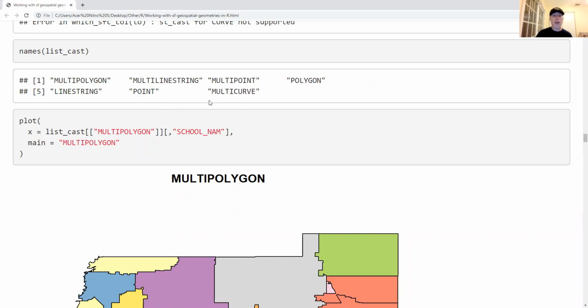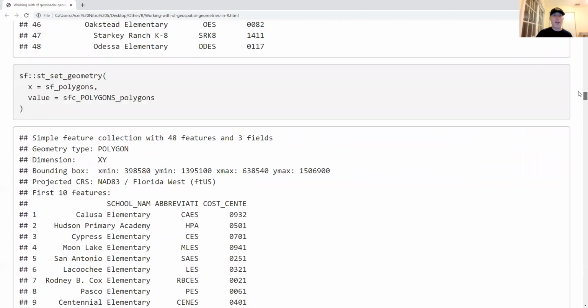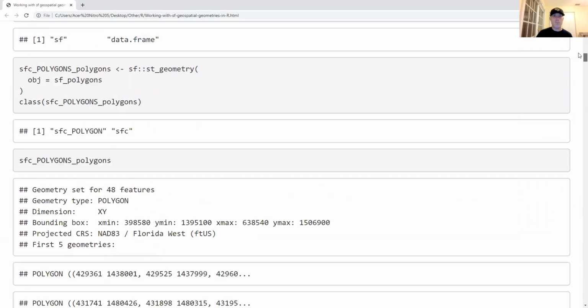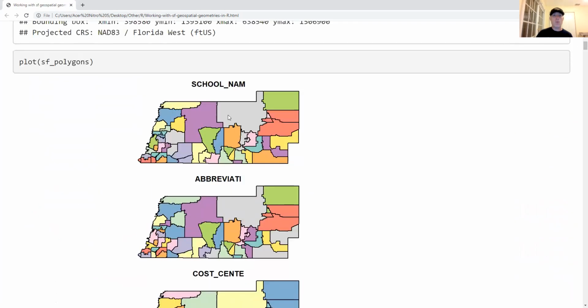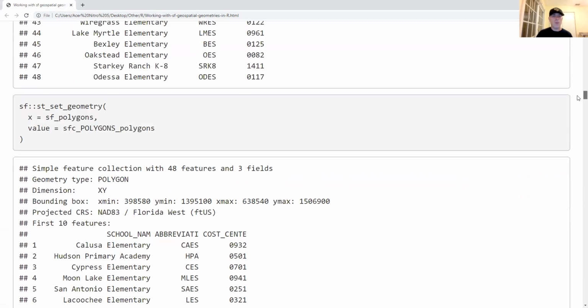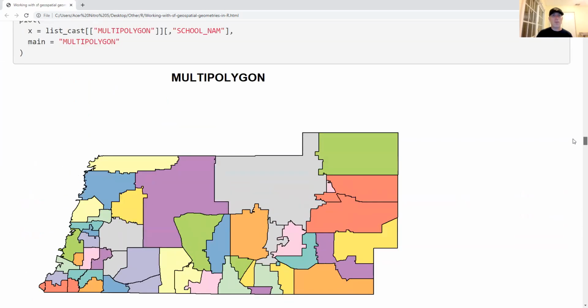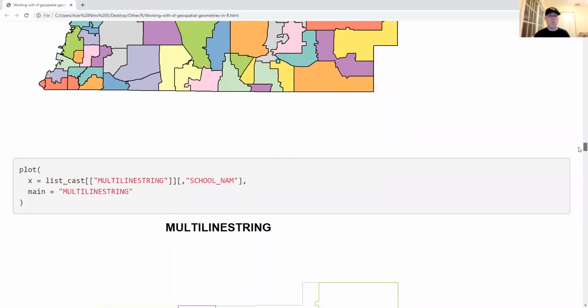But now let's take a look at what happens. So let's take a good hard look at what we had previously. Here is school name. Keep this in your mind: what does this look like? Where do I have green? Where do I have gray, purple, and so on? Just keep an impression, an idea of where it is. All right, so now when I convert to multi-polygon, that looks about the same. Not a whole lot changed. Okay, let's see what happens. Let's go to